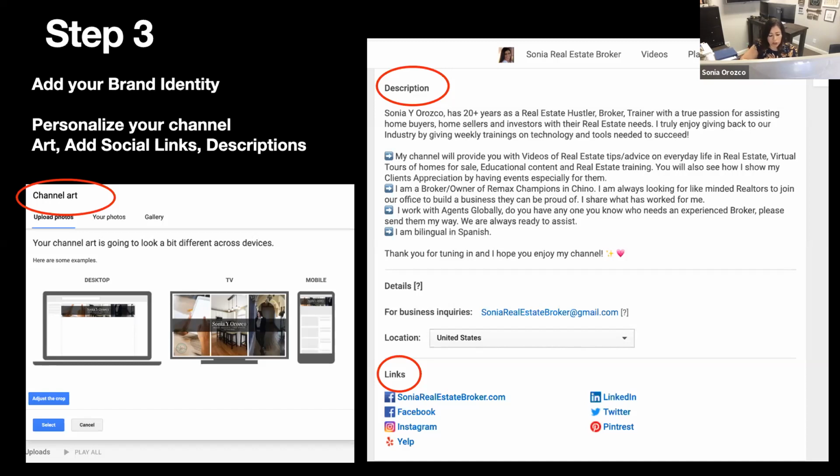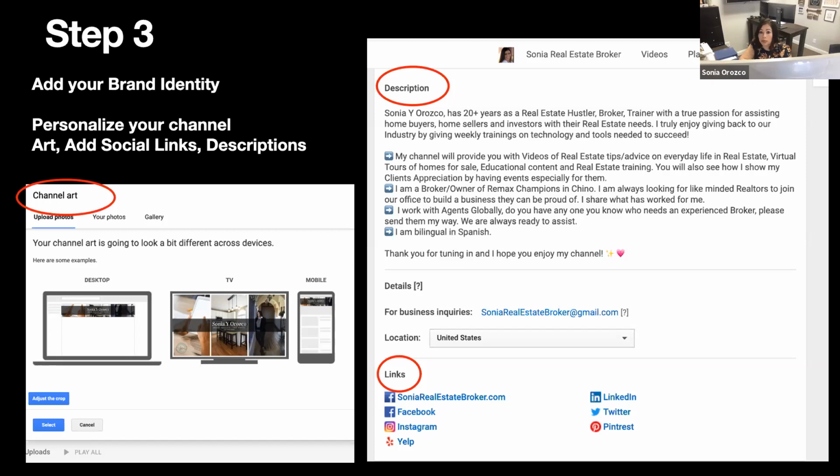The other thing is adding links at the bottom. If you notice, it says adding links. You can add your website, your Facebook account, your Instagram, you can add any URL. Anything that you're on that you want to share. If they want to get to know you really quick or want to know more about you, all they simply have to do is tap on that link and it takes them directly to your social media page or whatever page you're referring them to, whatever it is that you do.